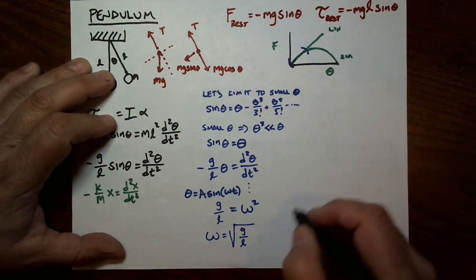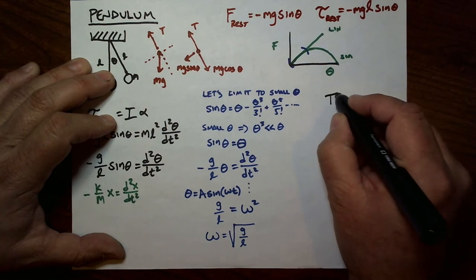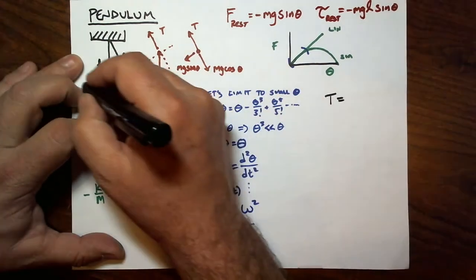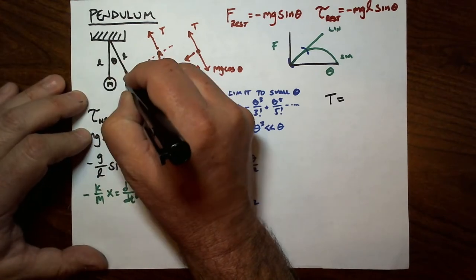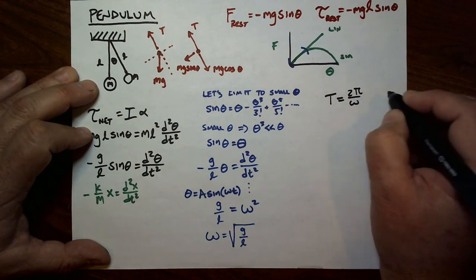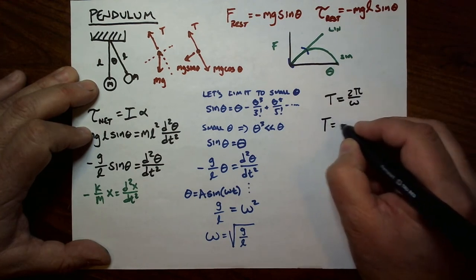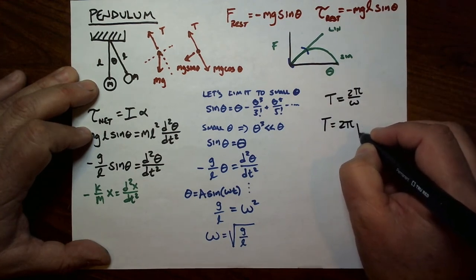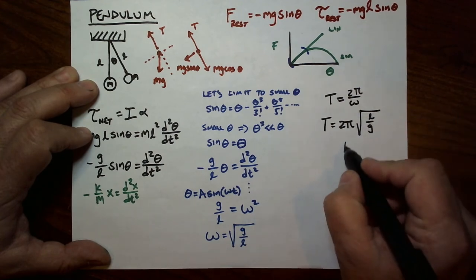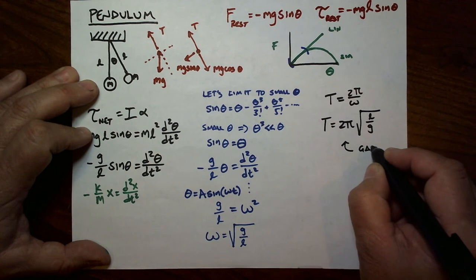Now, one more thing you can do is that the period of the motion, the actual time it takes to go back and forth for a pendulum, to swing away and come back to your starting point, is going to be 2 pi divided by this angular frequency. So that means 2 pi times the square root, and you flip these things over, L over g. And this is actually the equation